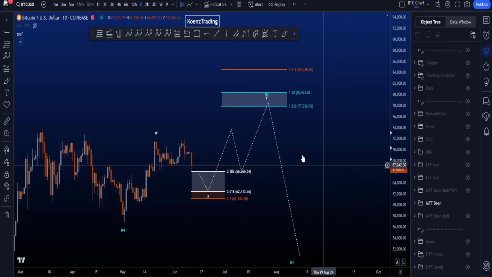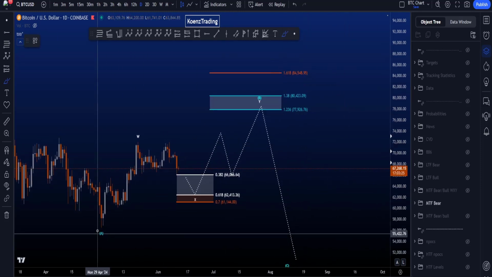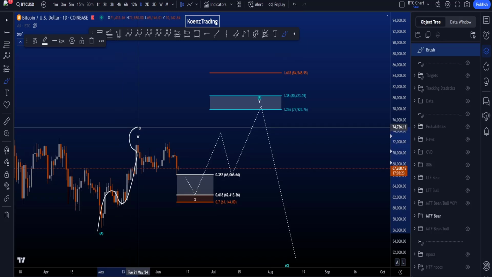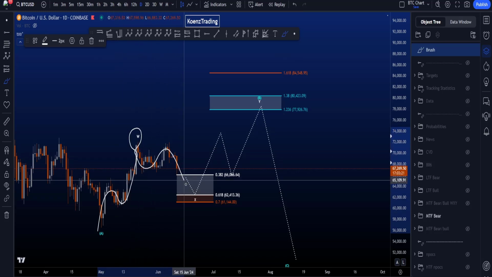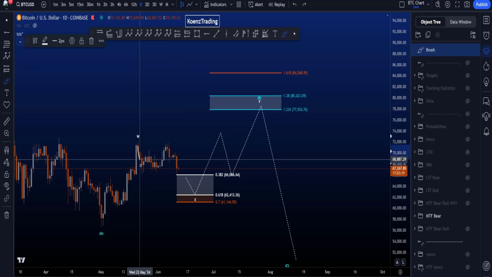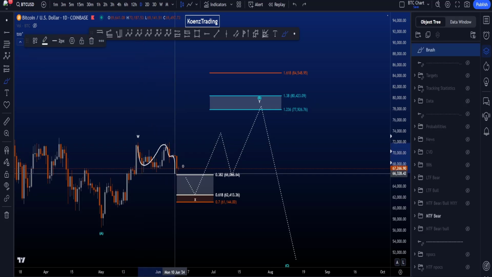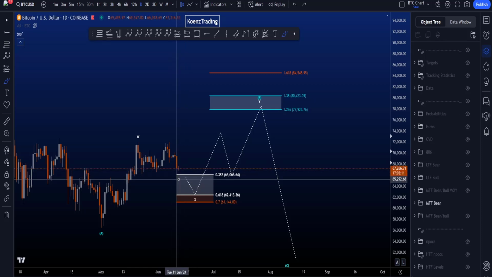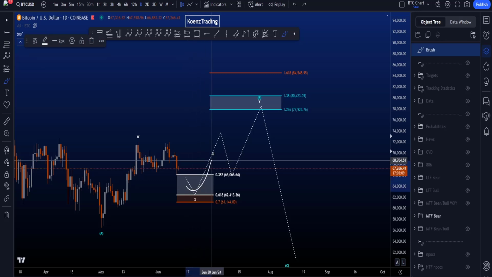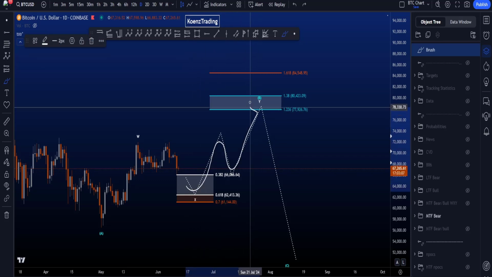So here we're looking for a double zigzag, ABC to the upside in a wave W, looking for a wave X to the downside, possibly a flat AB, looking for a 5-wave move to the downside in a wave C, so preferably we still take out the local low at least once in this scenario, and then look for another zigzag to the upside in an ABC towards